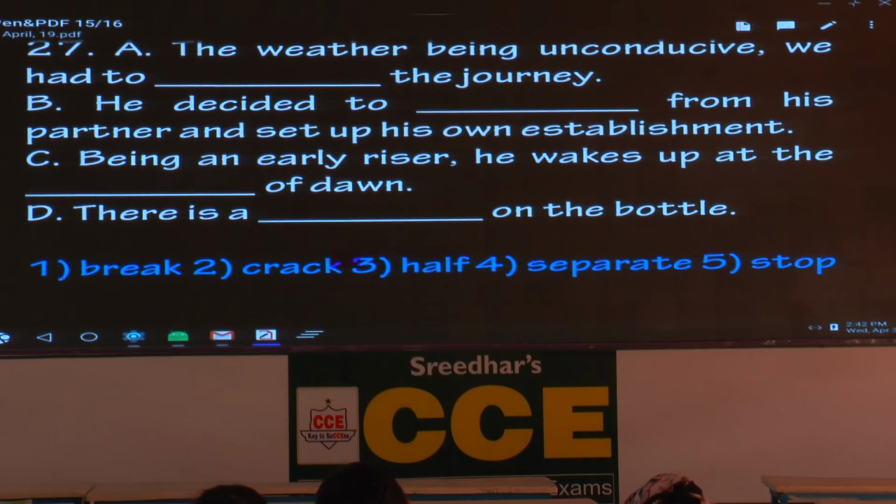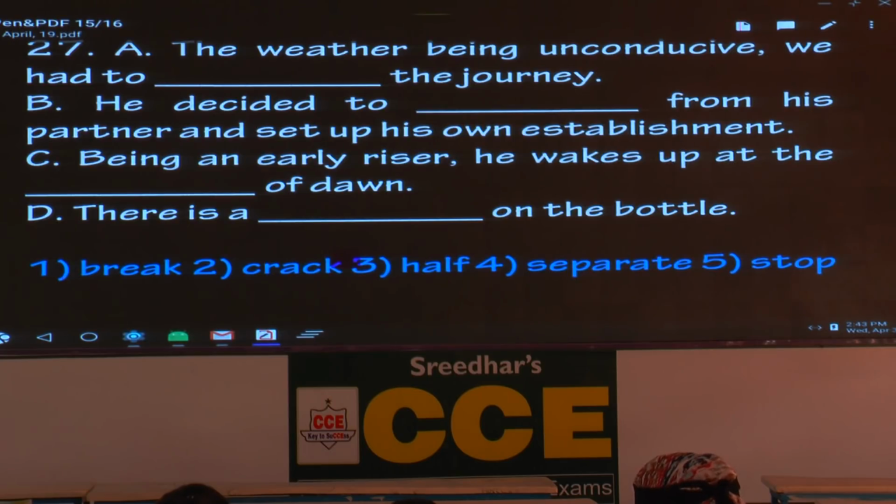How many of you think it is correct? I don't know how many of you know, sometimes people from India want to go to the US. But on the way they stop at some place like France or some other country. Then they use the expression break journey. So this goes with journey. Break journey is used as a noun, but generally we break the journey. So the first word is right.